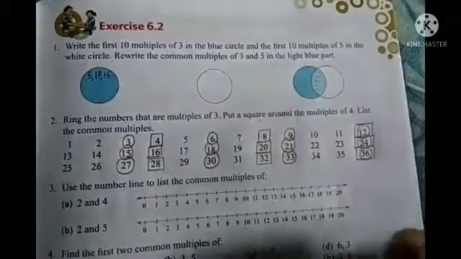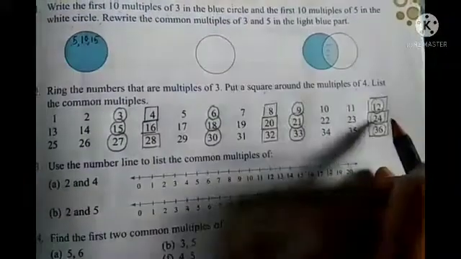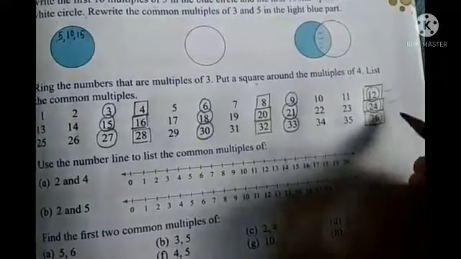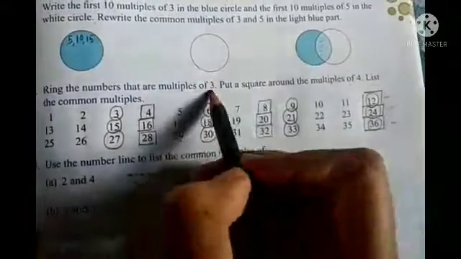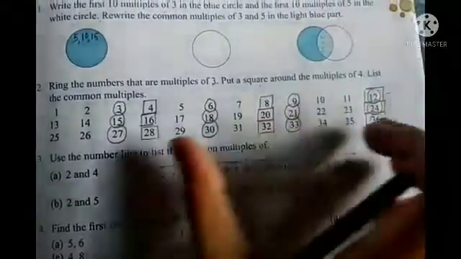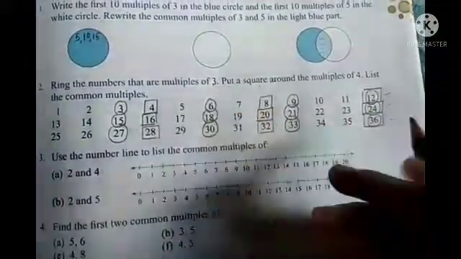Now have you seen something? Can you observe something here? So yes, you can see here both circle and square boxes are there. That means these are the 3 common multiples here, between 6 and 4. Okay, so I hope you understood this, and if you draw such kind of figures, then it will be more interesting for you to find out the common multiples.